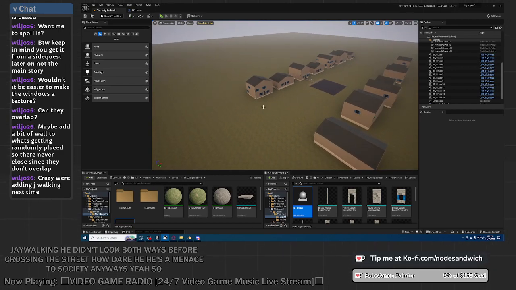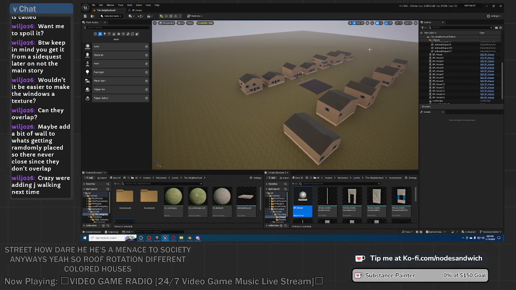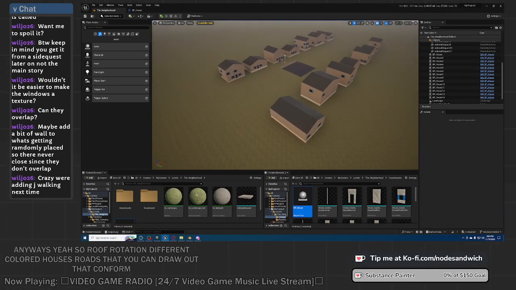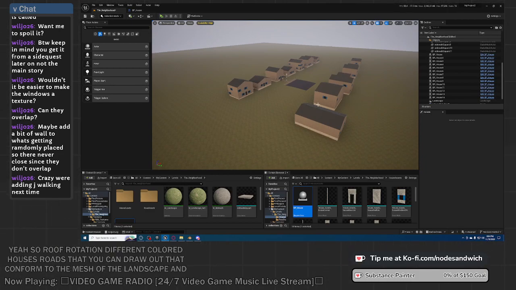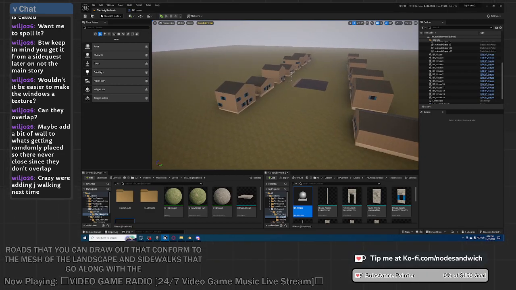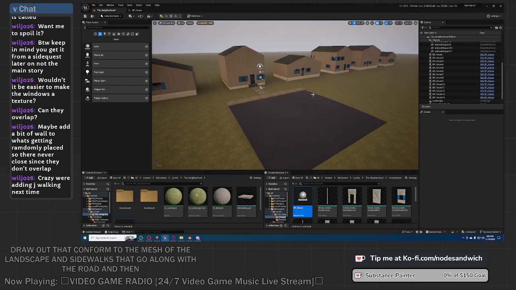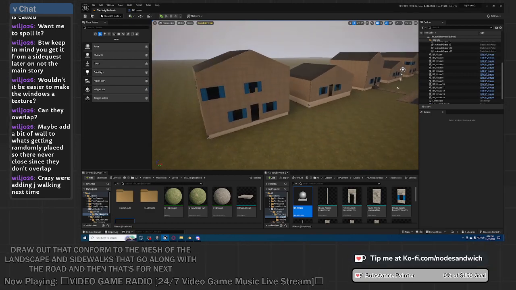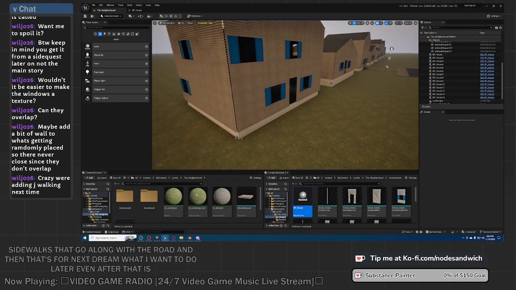So, roof rotation, different colored houses, roads that you can draw out that conform to the mesh of the landscape, and sidewalks that go along with the road. And then, that's for next stream. What I want to do later, even after that, is I need to make it so